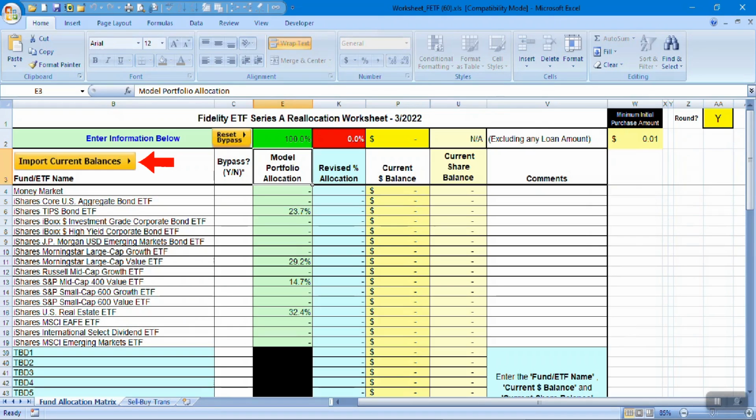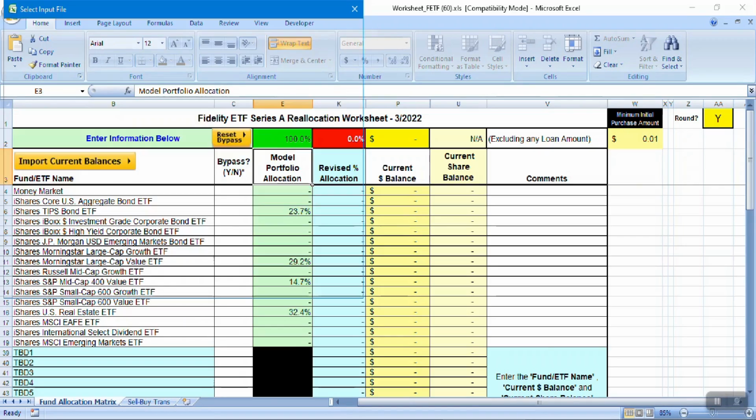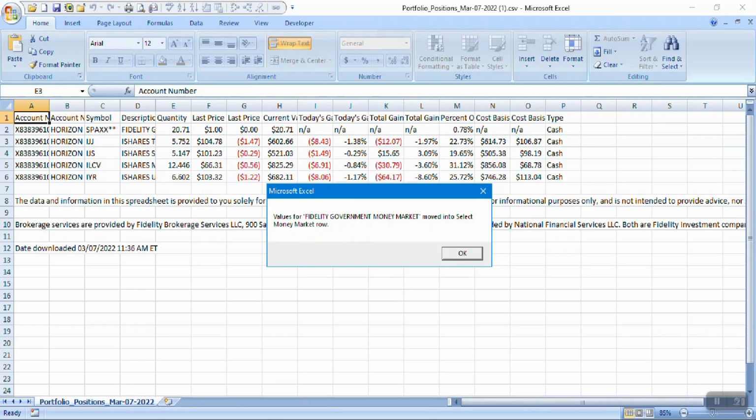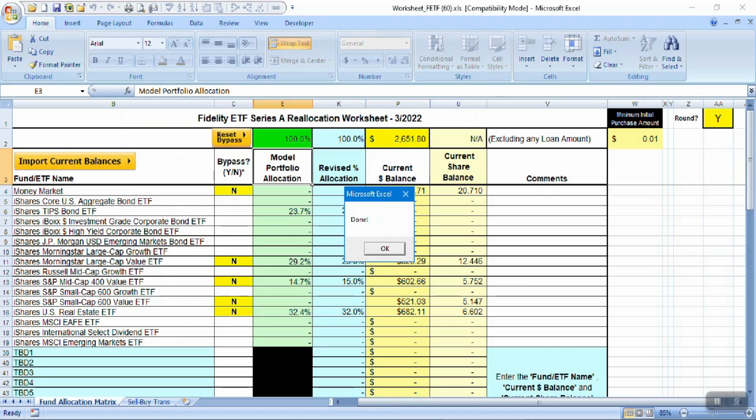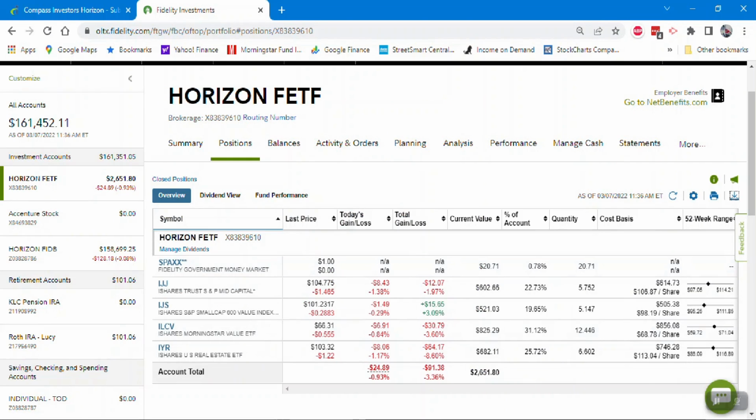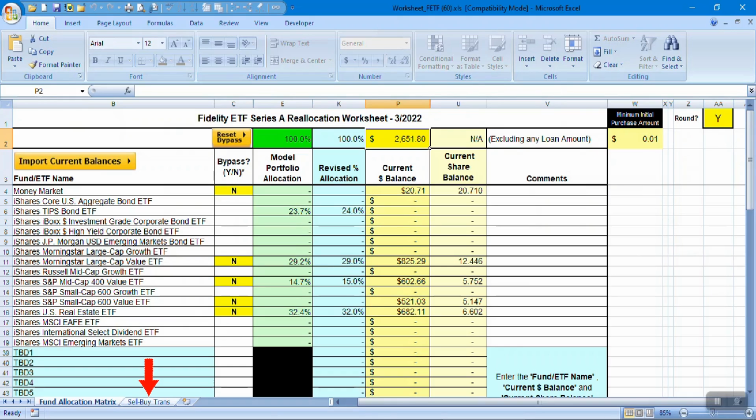Returning to the reallocation worksheet, click on this button, Import Current Balances, select the file from your download directory. You may see some prompts talking about what is being imported, and then when you receive the final done prompt, all of your current balances have been automatically imported into the worksheet. Current balance and share amount and total 2651.80, which if we go back to our Fidelity account, 2651.80 should correspond. Once we've done that, we click on the Sell By Transaction tab, which is at the bottom, and